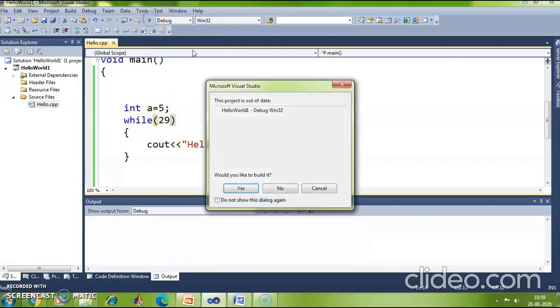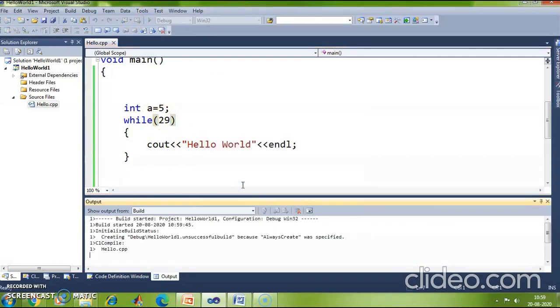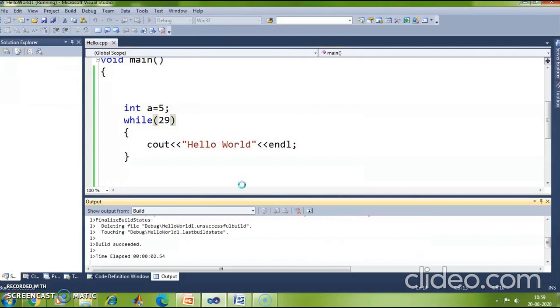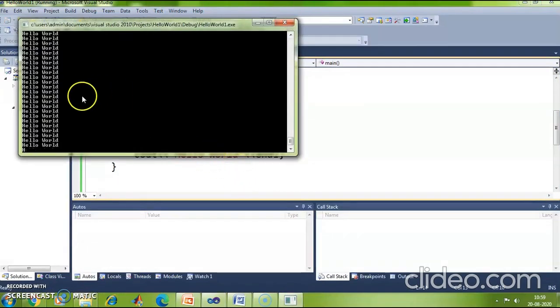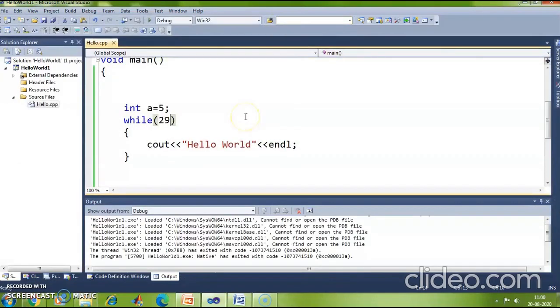If I could run this and show you. If you see the output, it is printing hello world multiple number of times, right? There is no end to it. So always remember, do not give such types of conditions. Your loop would definitely be in an infinite loop.